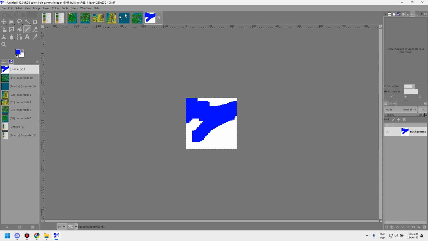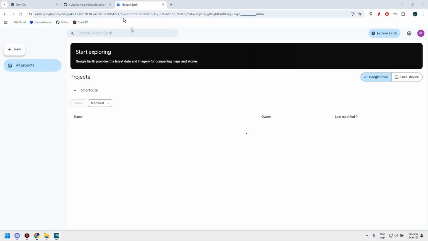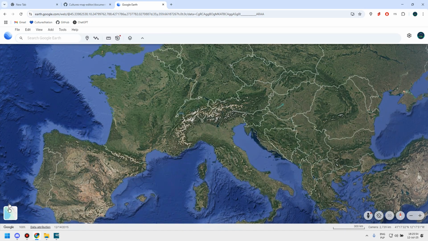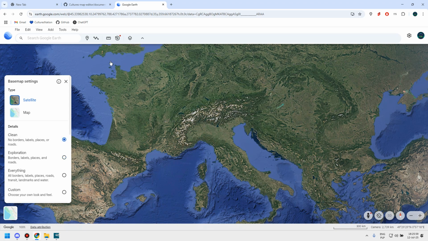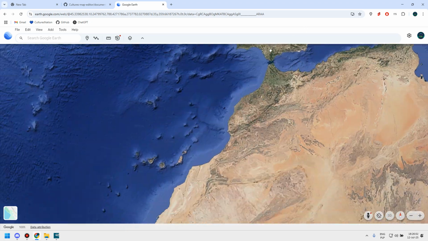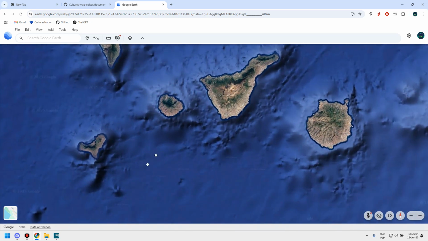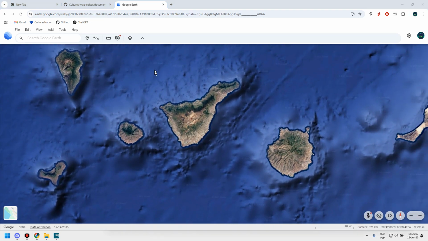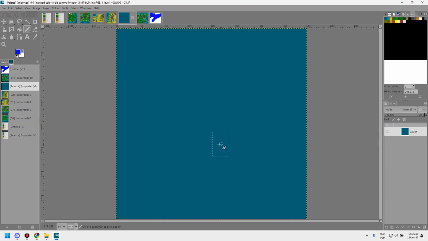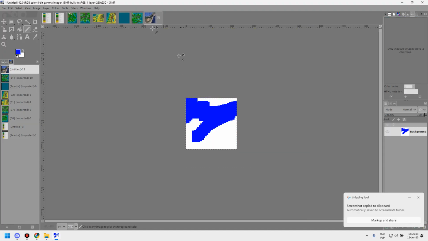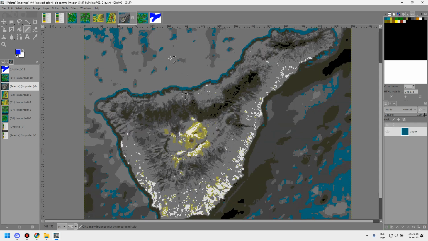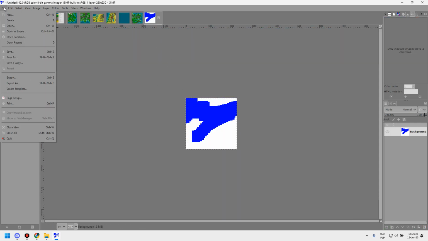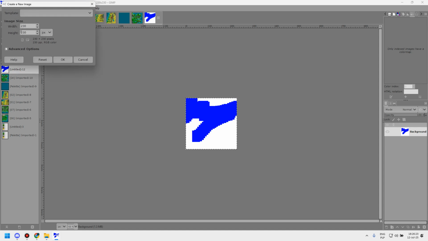Kinda, yeah. Because if I copy the Google Earth image here, you can disable the labels in the bottom left corner. Let's say I want to use some of those islands as a reference. I can copy them, and if I paste them here, they will be pasted regularly. But if I do it in the PCX file, they will be warped to the nearest color. So you want to first do it as a regular image, and then modify it and then just paste it